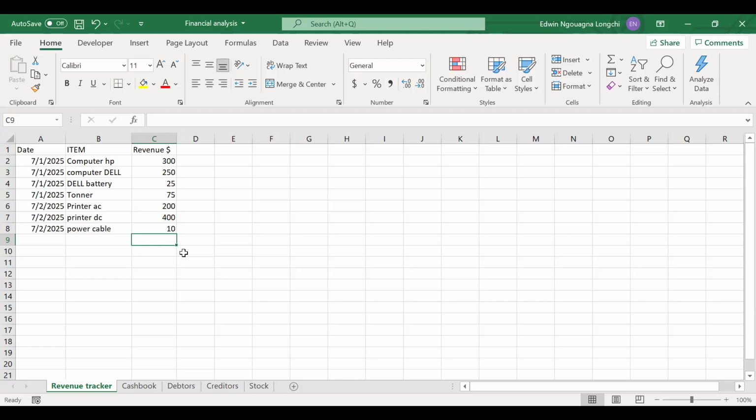For those who want to transfer right in a book and then you transfer it to Excel, you can actually just come and you can just count the number of computers, right? Instead of writing computer, toner, printer, you can just count, but you give you a hard time. So just type it, just do it like this. It will be easier. But even use your phone to do it or use your book, and then when you're free, when there's no customer in the shop, you can be transferring it to your phone using your Google Sheet. All right. So at the end of the day, let's just say that